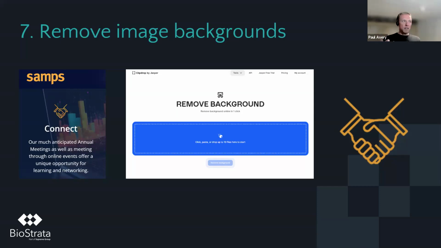How many times as a marketer have you seen, I've got an icon in this brochure and I want to use it on the website, but I can't find the original icon, but the icon's got a background, so now I can't use it. I took a quick screen grab off the SAMPS website because I wanted the handshake icon, dropped it in remove background, it dropped the background out, and now I have the icon as a transparent PNG that I can use anywhere. I use this all the time. And I use it for logos, for icons, for tables, and a bunch of other stuff where I just want to be able to strip that background out.